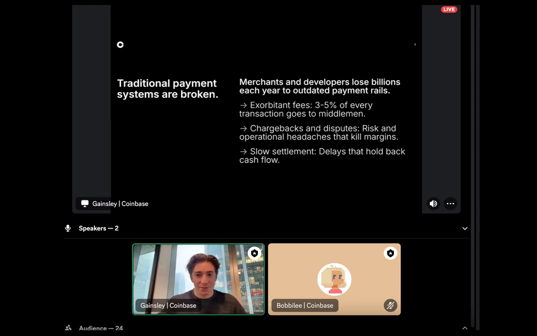It's chargebacks and disputes, just like what I saw in the chat, that risk operational headaches, of course, right? They charge you $15 in your own time when someone's charging back, but it also can kill your margins, right? If you're selling a high value good, chargebacks can be entirely destructive to what you've earned in that week or that month. And they're slow, right? As I may have seen in the chat, traditional payment processors, I won't name names, can be extraordinarily slow, and they can hold your money, right? Your money might not even be yours.